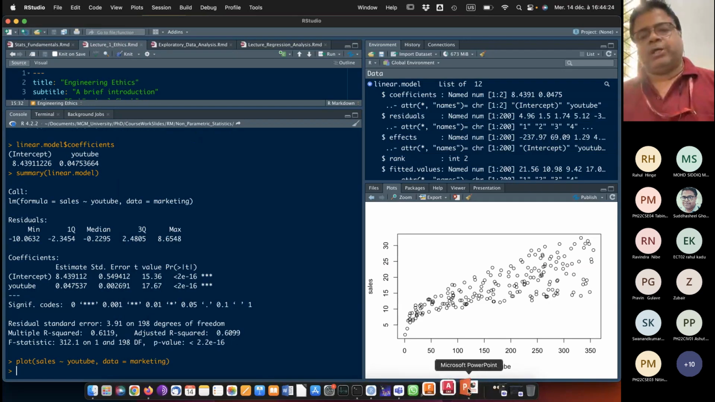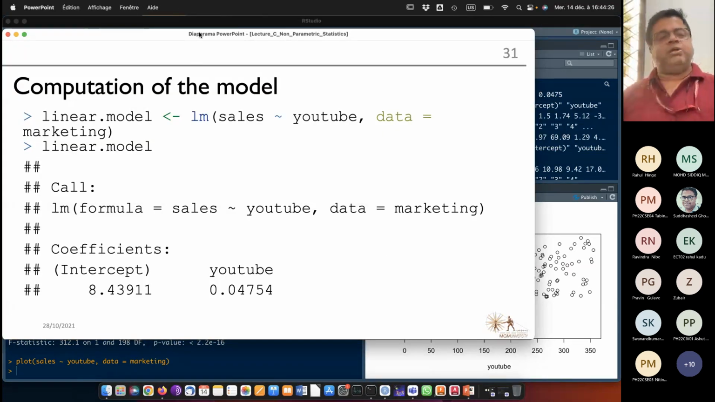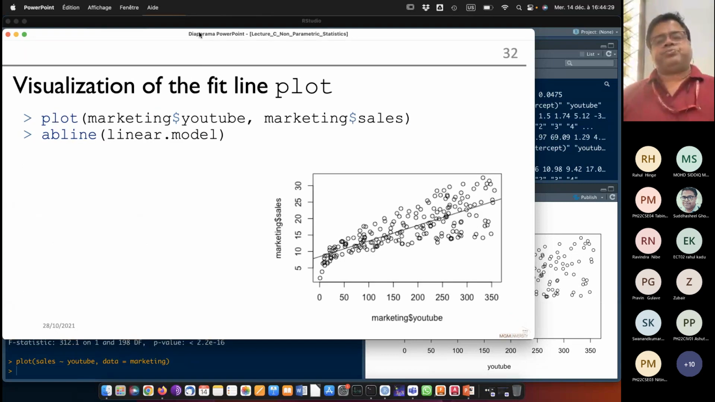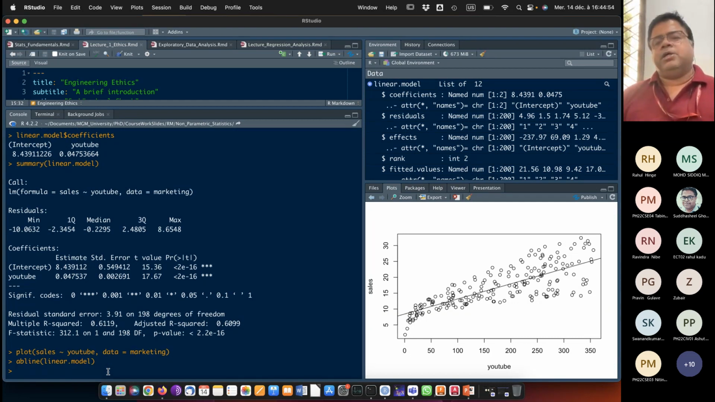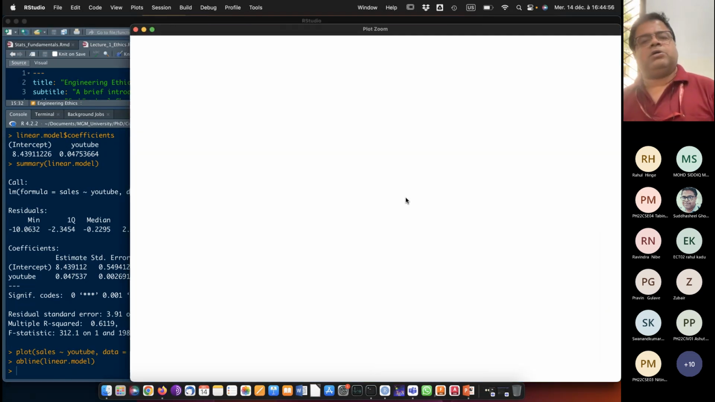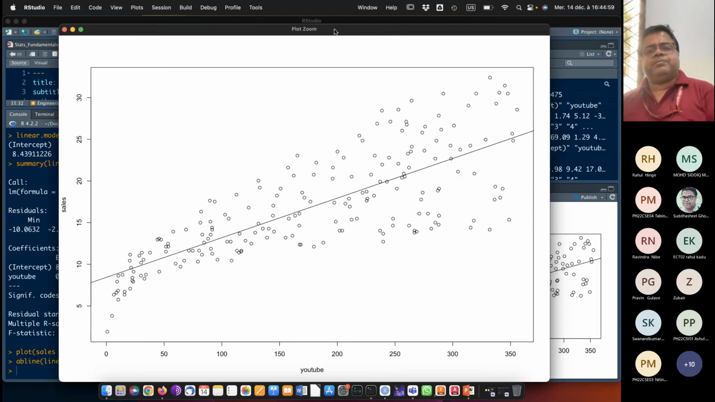Okay, so let us go back to where we were. It has given me the coefficient and intercept. Now, if I want to visualize the line plot, as I told you, this is the plot that I have got, and the coefficients are inside that model. So you just have to say abline and then linear dot model. That's the name of the variable, and it has given me the plot of the line. So look here,